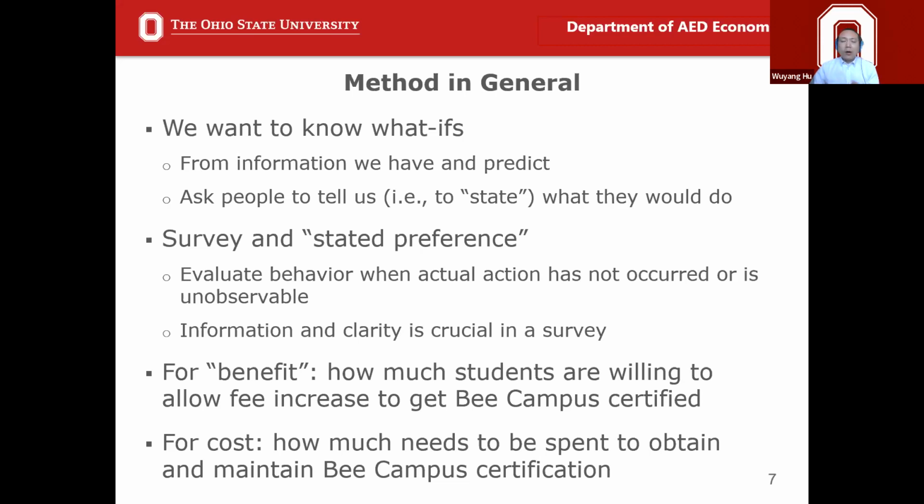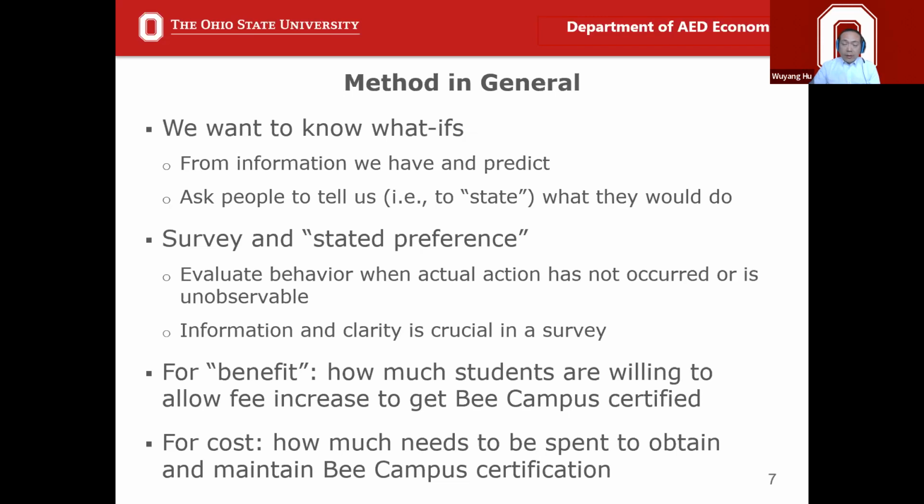Think about, we're going to ask our audience, think about the B Campus certification. How much would you support it if we were to go about to get it? So we're going to ask the what if situation. And we say, as economists, we call this a stated preference kind of approach or scenario. We ask our audience to state what they would do in this situation, instead of showing exactly what they have done and collect the information afterward. So that's not what we're approaching this. We're approaching this before things have occurred.